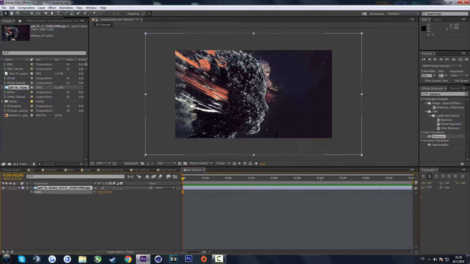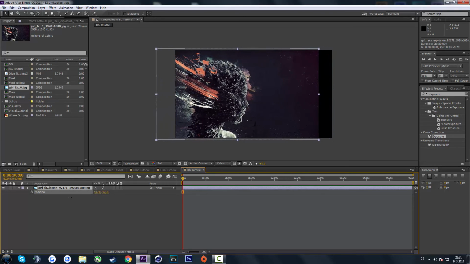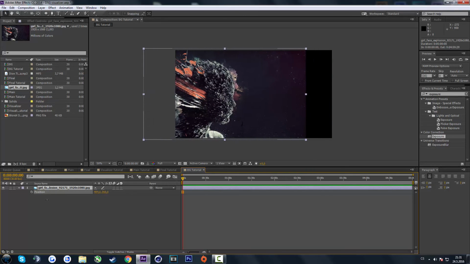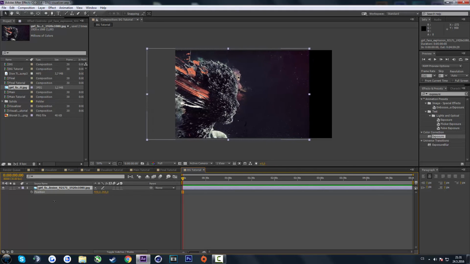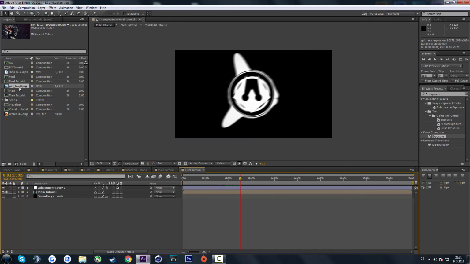It's a big resolution, so I'll just scale it down, hit P on my keyboard and drag the X axis a bit lower to make it move to the left, and you will see why in a moment. I can just drag this here, and let's go to Final, search for BG tutorial, drag it here,